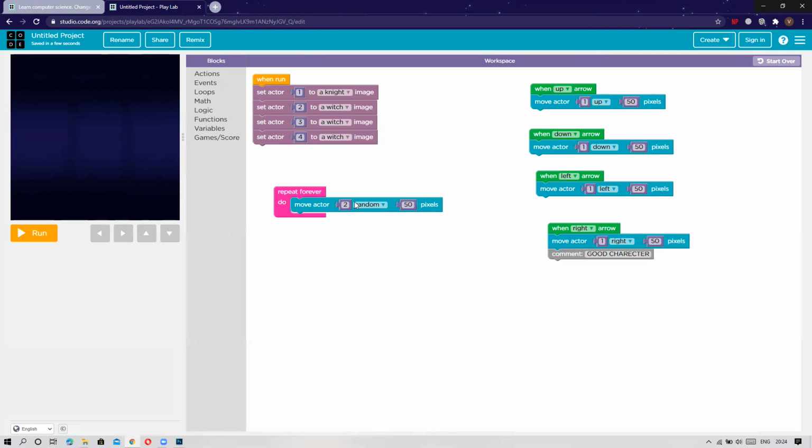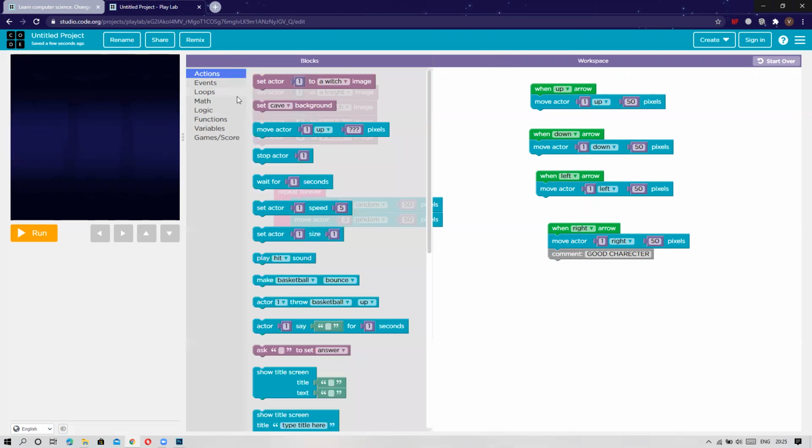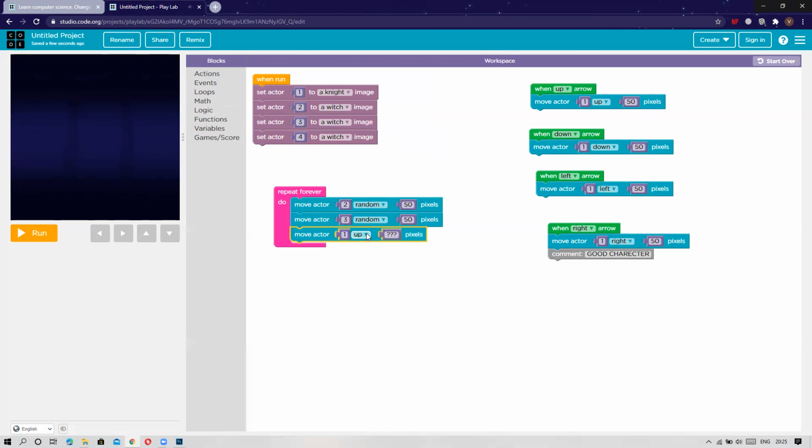Pixels 50. Again, choose move actor action. This is number three, random, pixels 50. Again, go to actions, move actor 4, random 50.